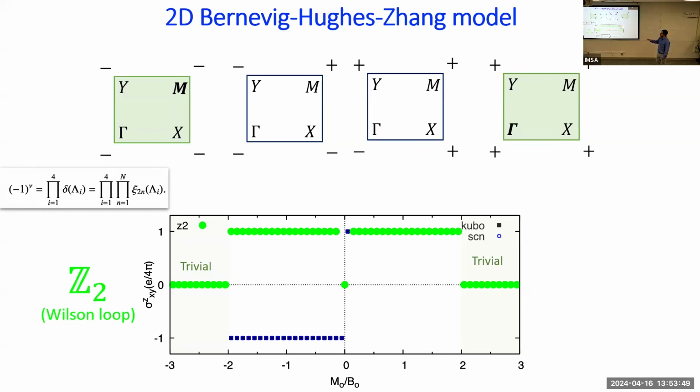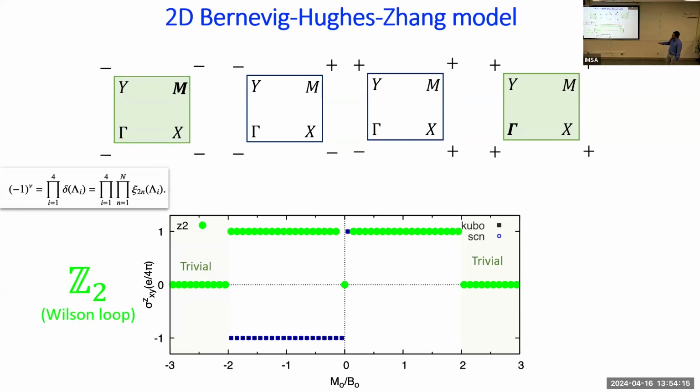We can calculate the parity of the wave function at different points of the Brillouin zone. And we can also calculate the C2 for this path. We calculate directly with a loop for the C2 calculation and for this parity. And we can see that we still have this fourth region of the phase diagram, where we have